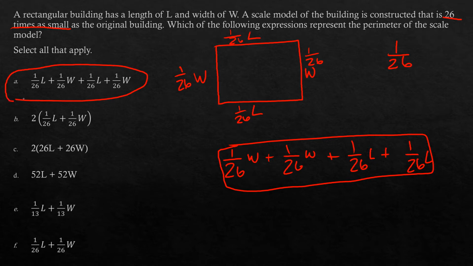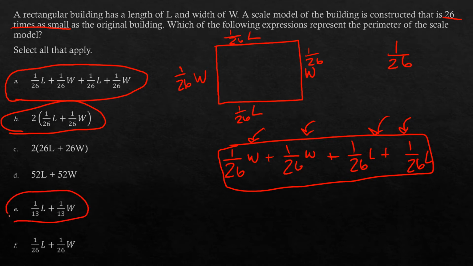So this first one up here is one of the options. Now I have 2 of each of these, right? I have 2 W's and I have 2 L's. So if I were to only write them once and multiply both of them by 2, that would also work. And if you were to take this and distribute it, meaning I took that 2 and multiplied it by 1 over 26, I would get 1 over 13,